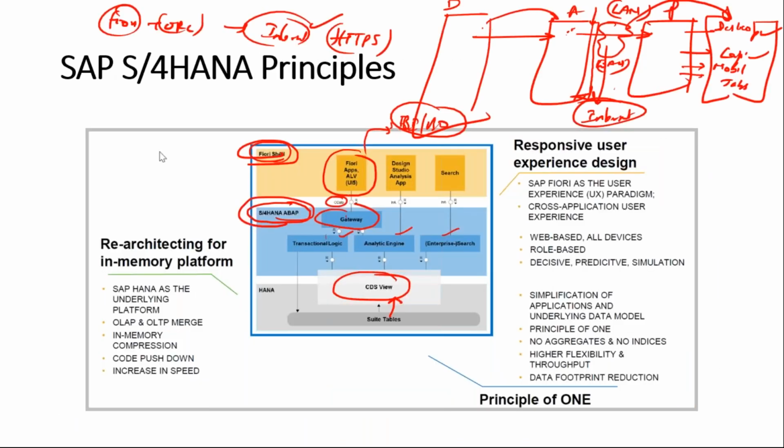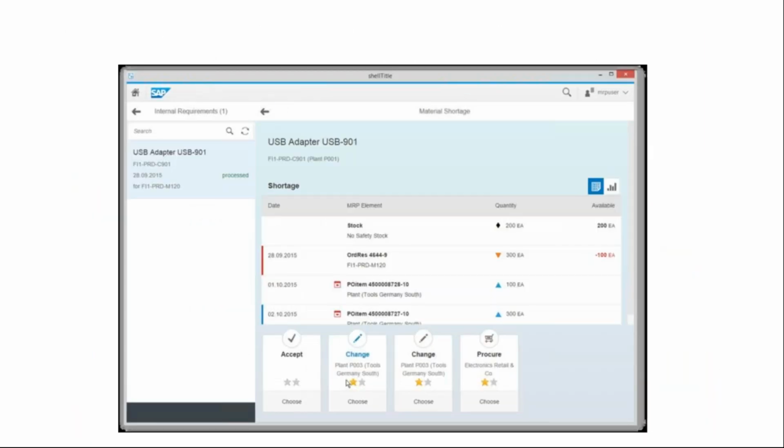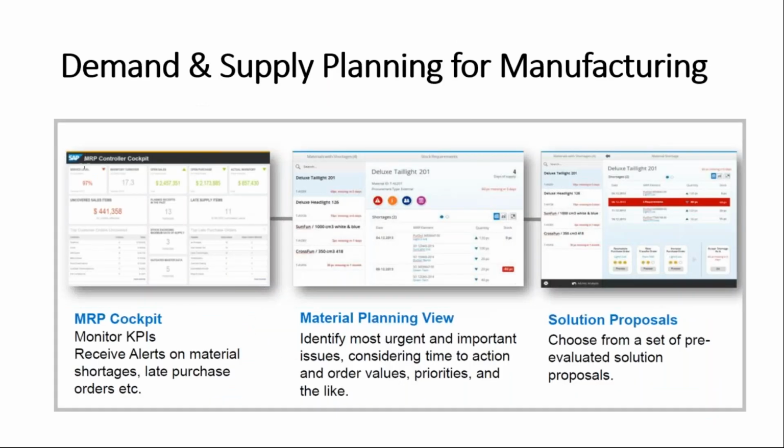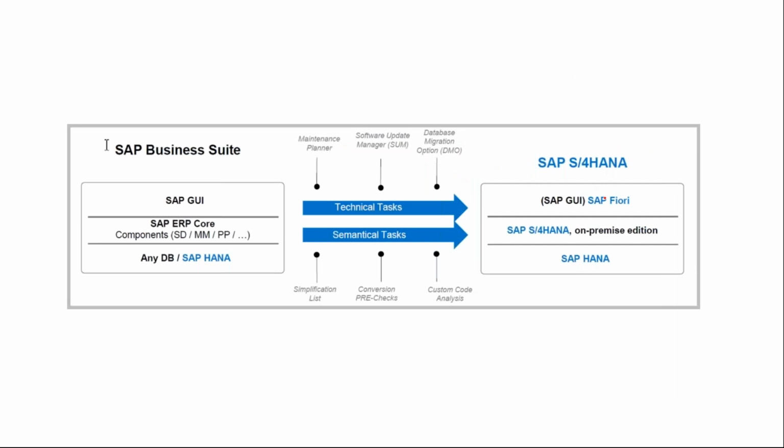This particular slide is the one that helps in ensuring that all this information is fetched from the database in terms of the Fiori tiles that are getting integrated. Okay, so when you talk about a real-time analytics architecture, again, all these views affect the physical tables, and it interacts with your SAP S4HANA applications, and finally it helps in your operational reporting, where you see all these reports in terms of the setup.